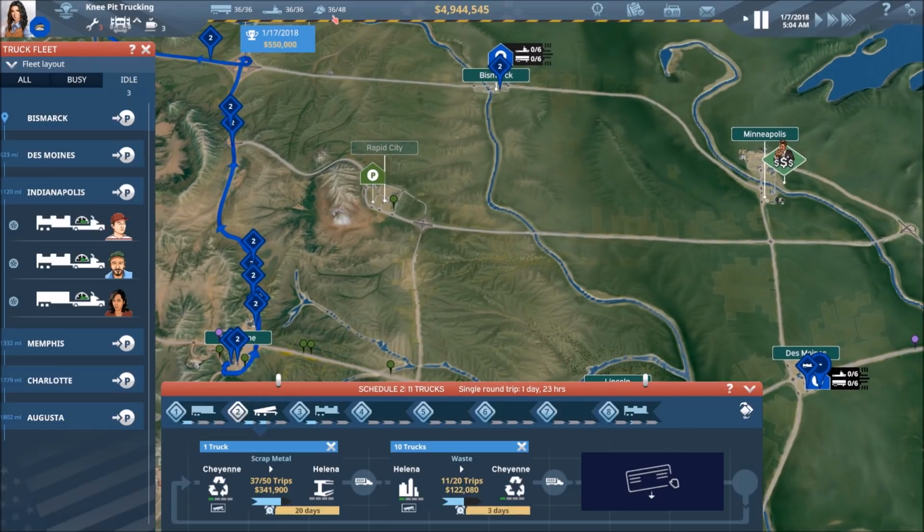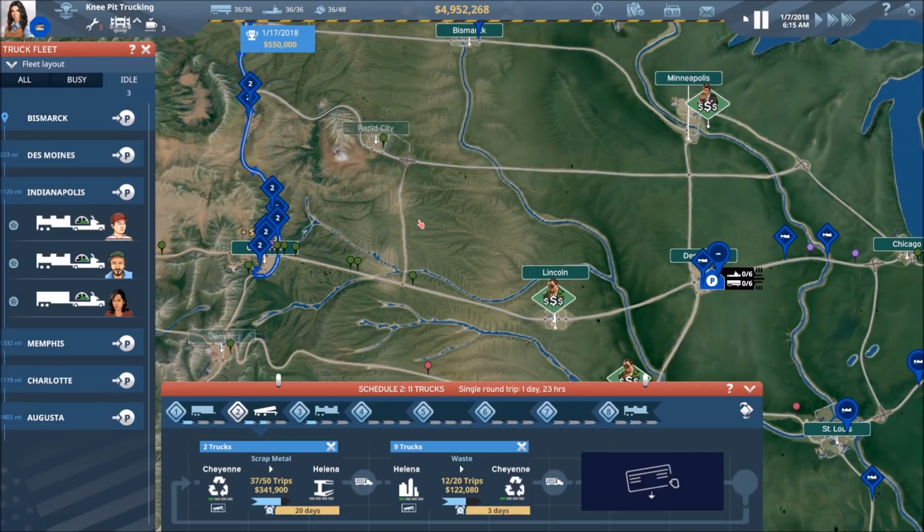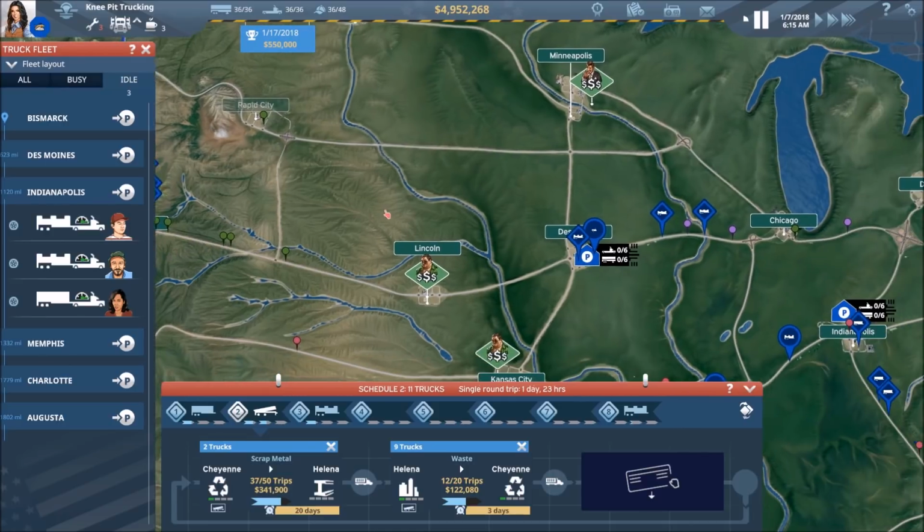All right, yeah, now we're showing equal number of drivers and trucks. That's what I wanted. The problem is we still have one extra driver that's not assigned anywhere. So this is a little odd right now. I'm not sure if this is a bug or if there's simply something I'm missing. Either way,